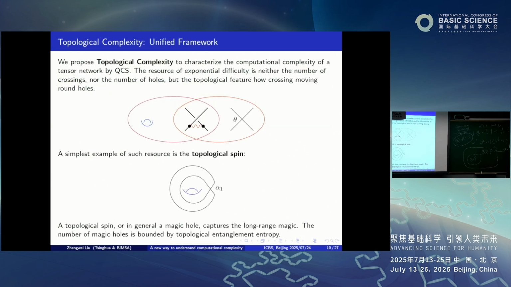So what is this magic hole? So we go back to this picture. We have those 3 elementary ingredient holes, and the braids, and the general crossings. And the first 2 are easy to compute. And the second 2 are also easy to compute.